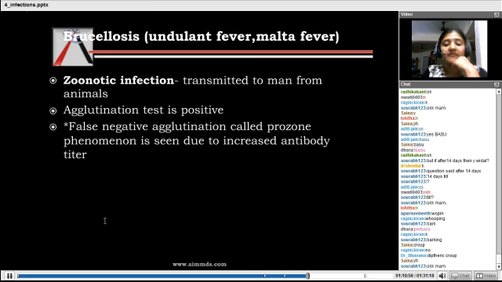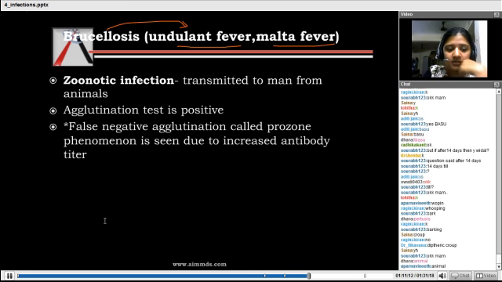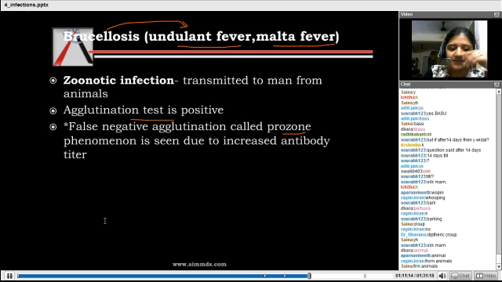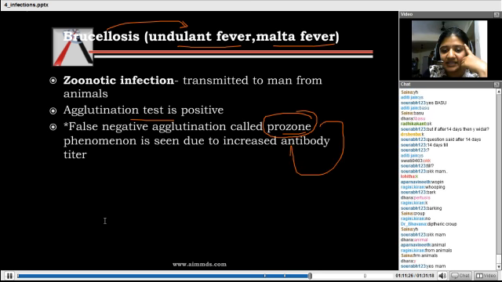Now, very important here, undulant fever, Malta fever, nothing but brucellosis, these other names are very important. It's actually a zoonotic infection. What do we mean by zoonotic infection? It's a disease which has come to man from an animal. You will have an agglutination test positive and you have some prozone phenomena which is false negative here. I hope you all can recollect what is prozone, postzone. What happens in prozone? There is an increased antibody titer, while if it is